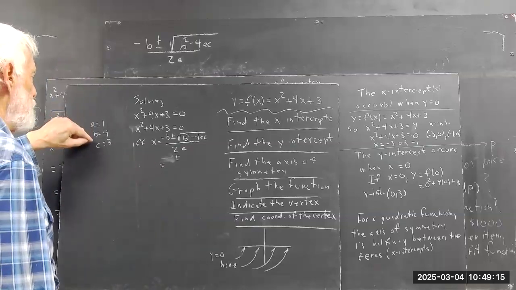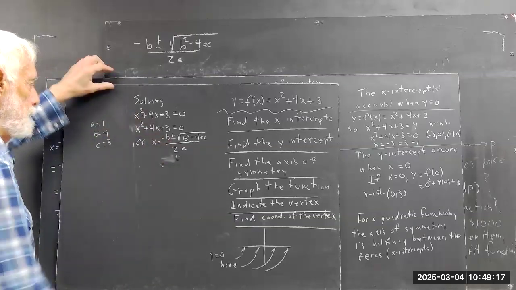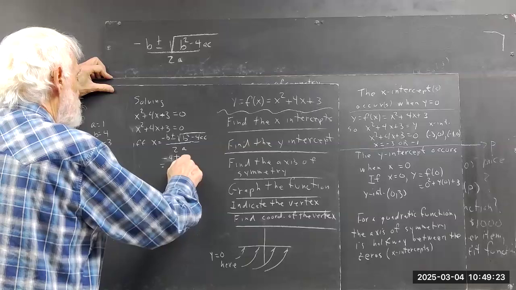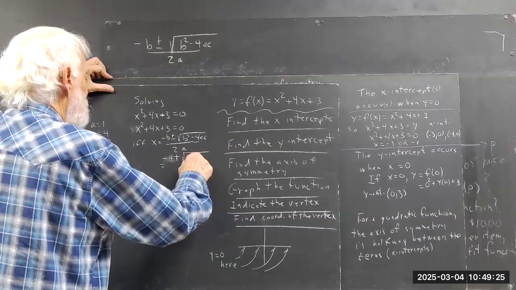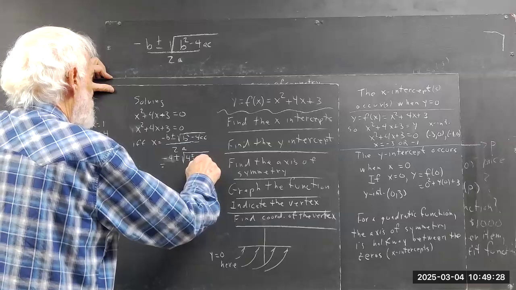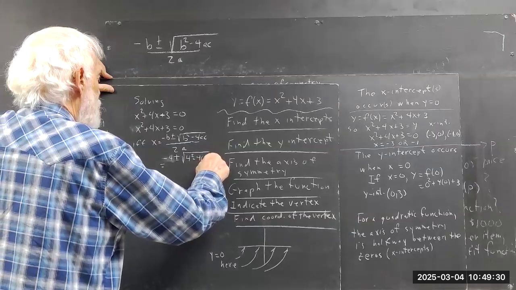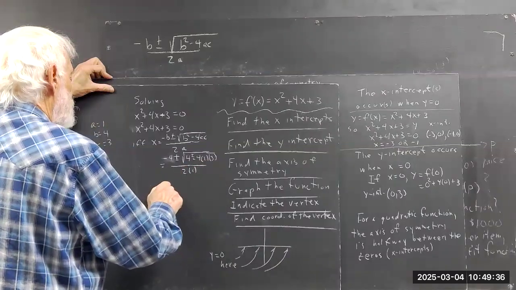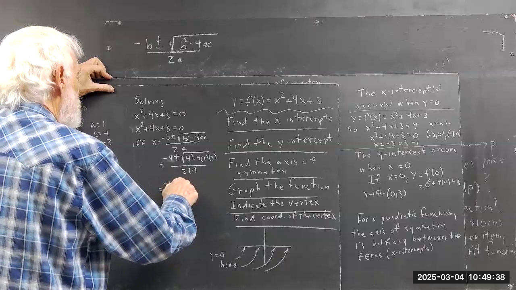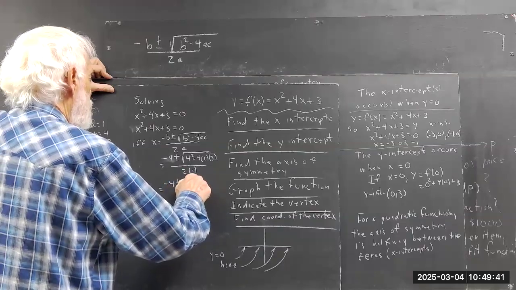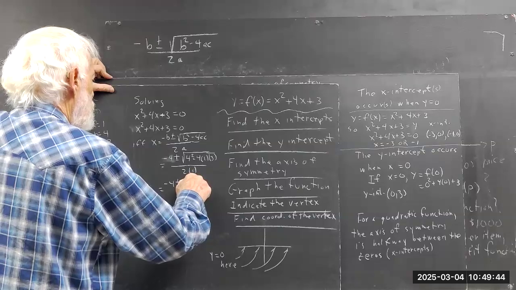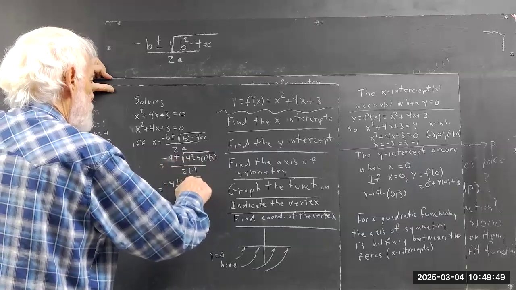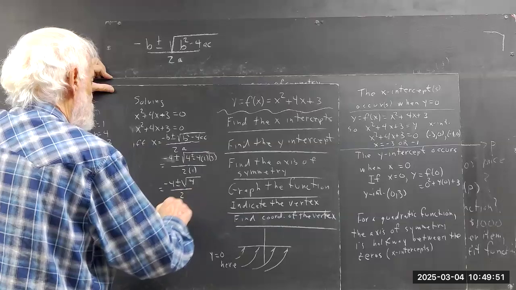Okay, so A is 1, B is 4, C is 3. X is -b, which is -4, plus or minus the square root of 4 squared minus 4 times 1 times 3, all divided by 2 times 1. And that equals -4 plus or minus the square root of 16 minus 12, which is 4, over 2,